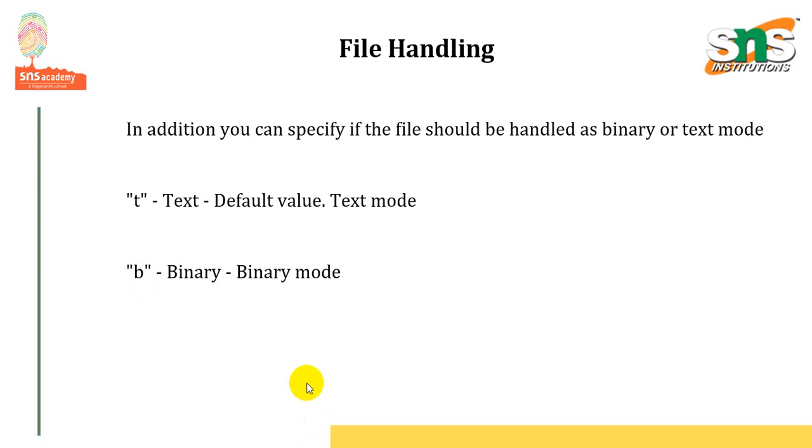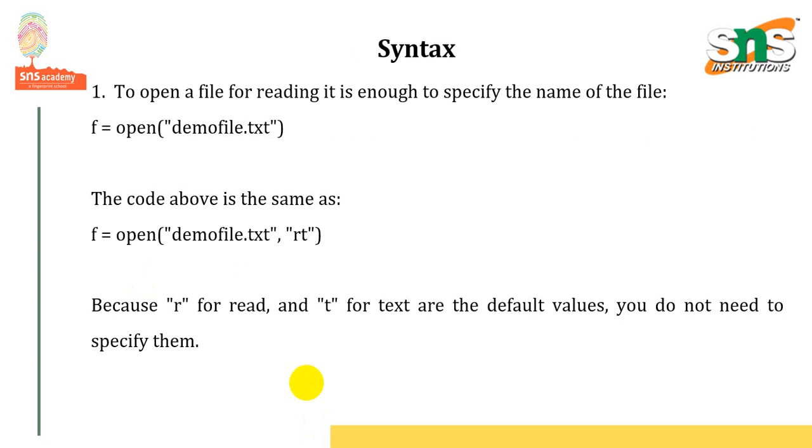right? So the basic syntax we will use for opening a file for reading. After creating a file, you will write some content. So the first step, you are supposed to create a text file. Assume the syntax is f equal to open, open bracket, within double quotes you give demo file.txt. Here, assume that demo file.txt is a text file. You are supposed to create the text file, the file name demo file.txt, and inside that we are supposed to give some contents in that file.